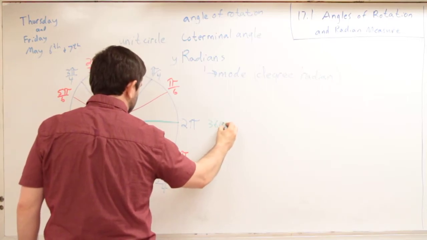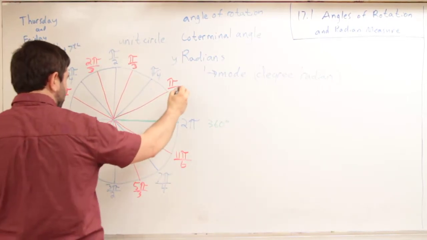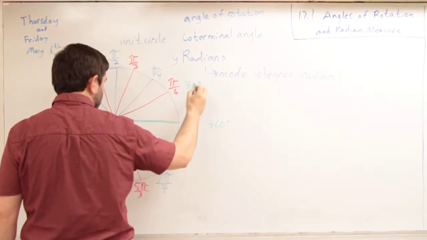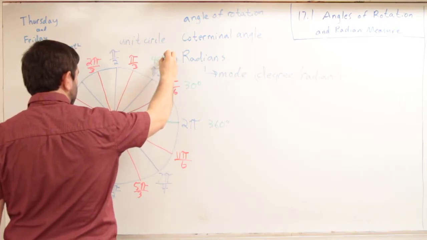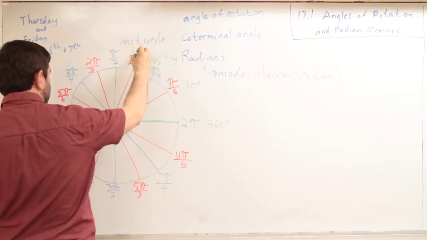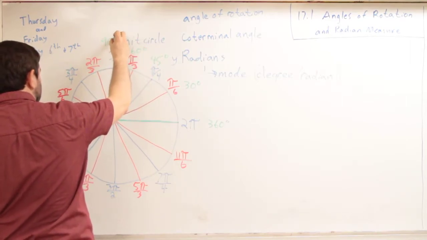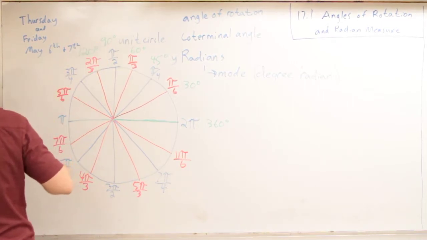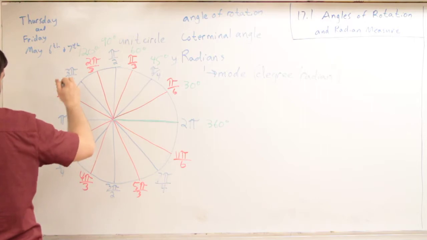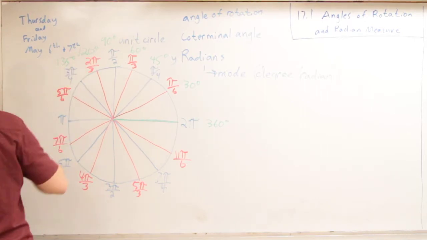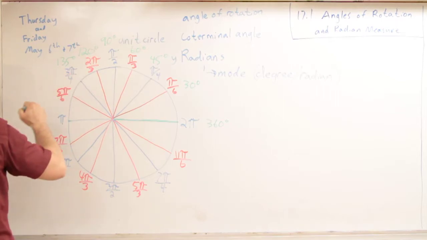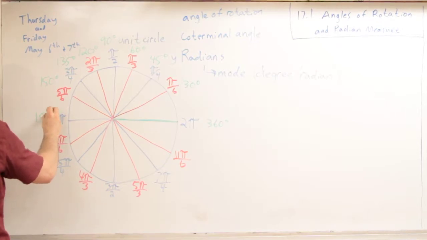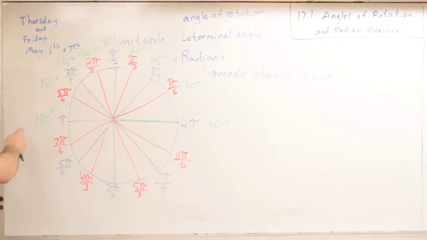So that'd be 360 degrees. Well, it would be 0, also 0 degrees. So this would be 30 degrees, 45 degrees, 60 degrees, 90 degrees, add 30, 120 degrees, 90 plus 45 is 135 degrees, 120 plus 30 is 150 degrees, 180 degrees, 180 plus 30,